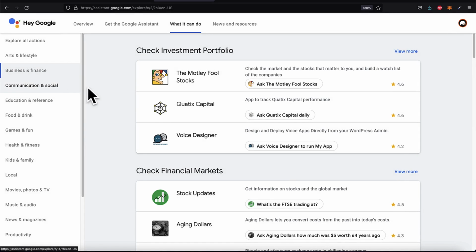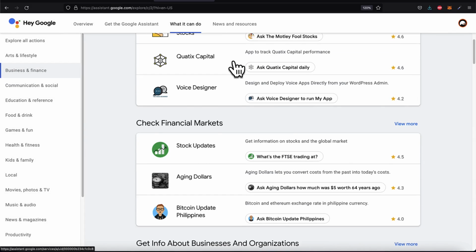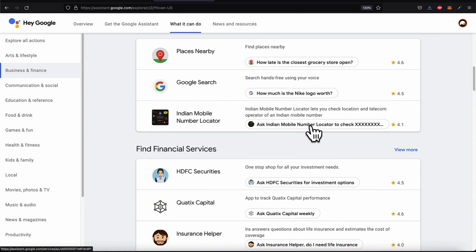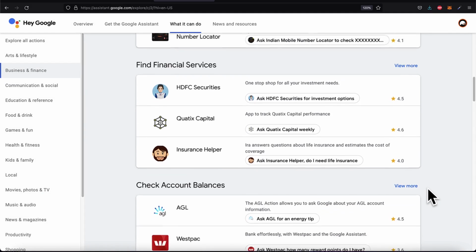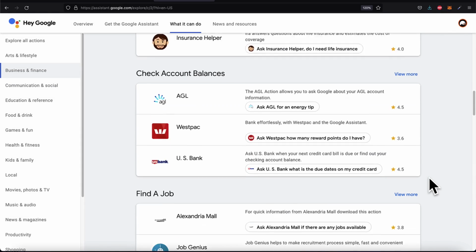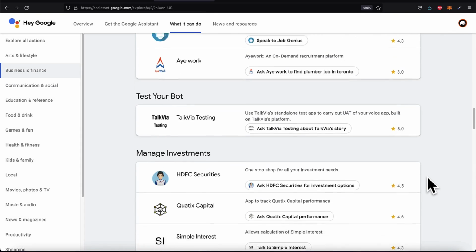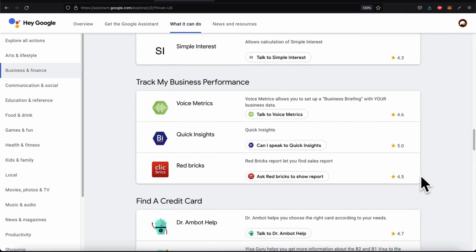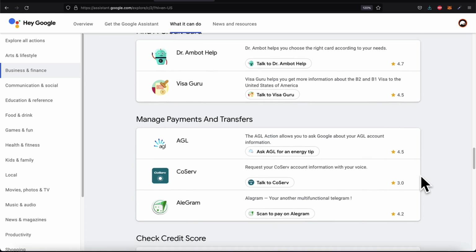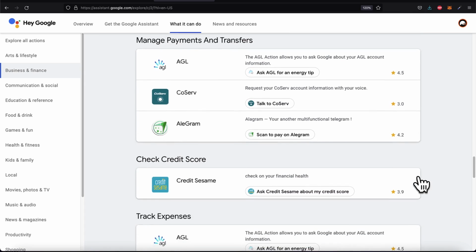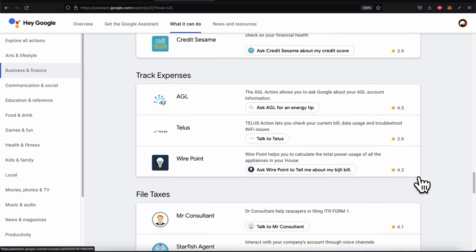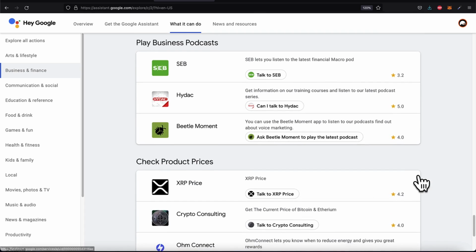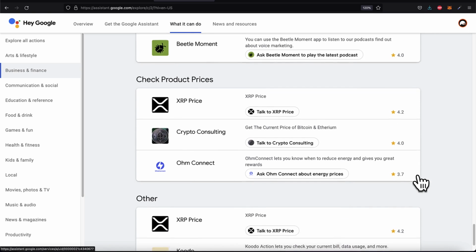There's also business and finance to check your investment portfolio, check financial markets, get information about businesses and organizations, find financial services, check account balances, find a job, test your bot, manage investments, track your business performance, find a credit card, manage payments, check your credit score, track expenses, file taxes, check business news, play business podcasts, check product prices,